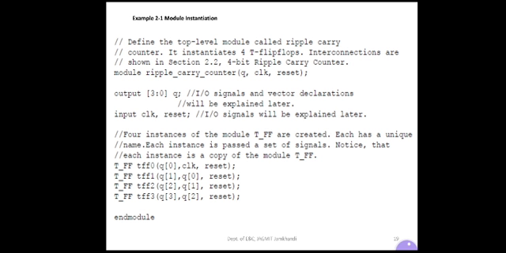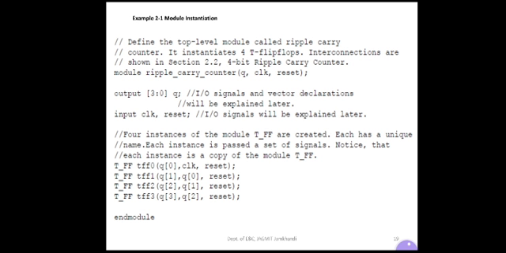It is a 4-bit ripple carry counter, so it instantiates 4 different T flip-flops. The interconnections are shown in the figure. See how it can be written in terms of module instantiation.